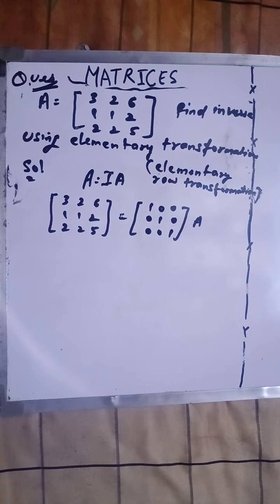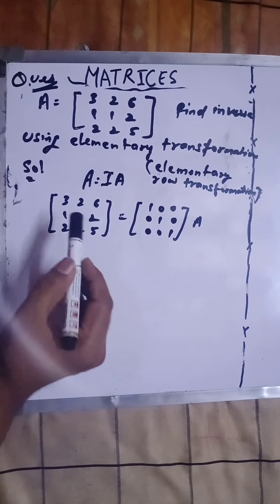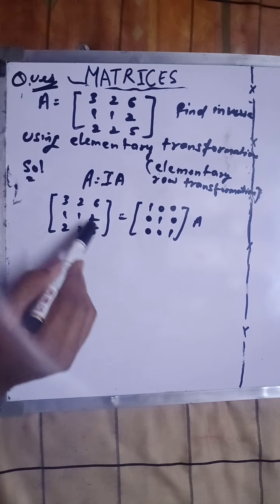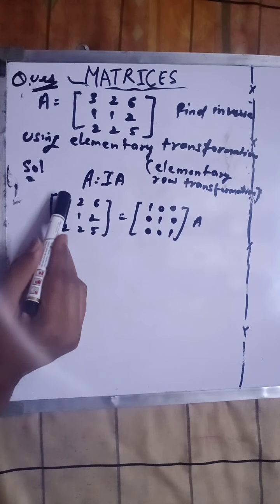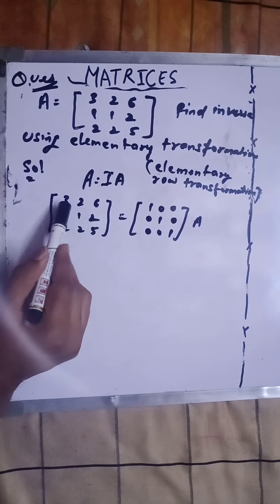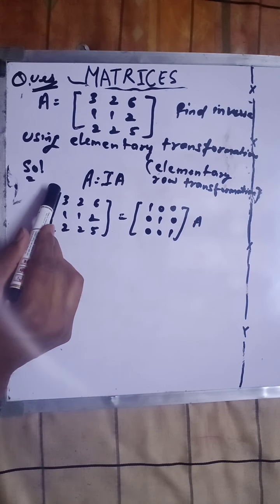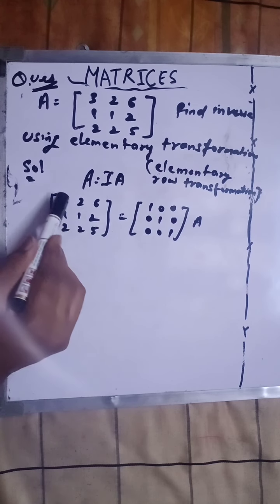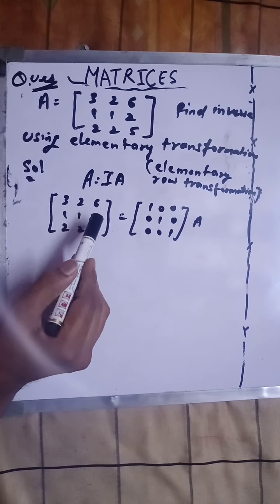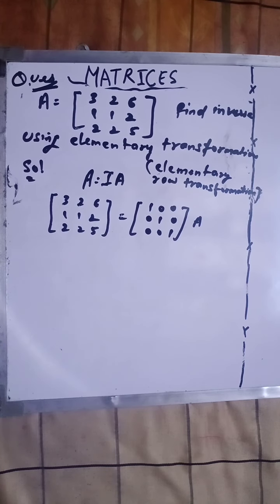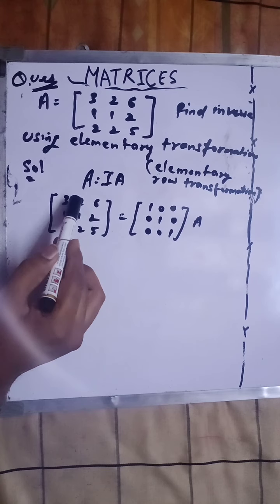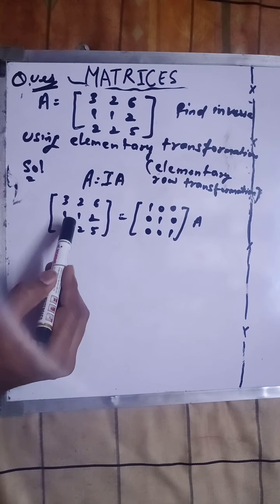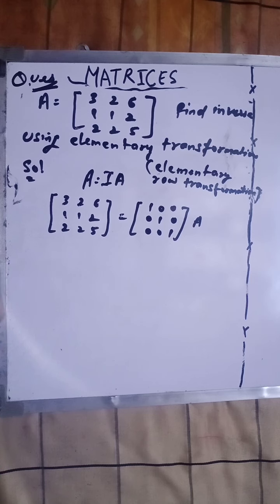Now let's start. See, this is known as diagonal elements. This is known as upper triangle. This is known as lower triangle. These elements. Suppose 3, 1, 5. That is your diagonal element. So 2, 6, 2, these elements are known as upper triangle of the matrix, and 1, 2, 2, these are known as a lower triangle of the matrix.